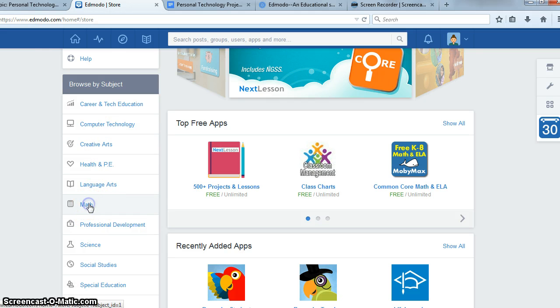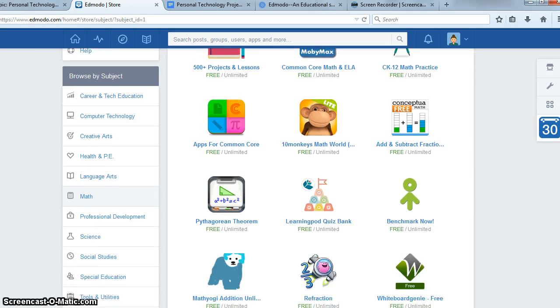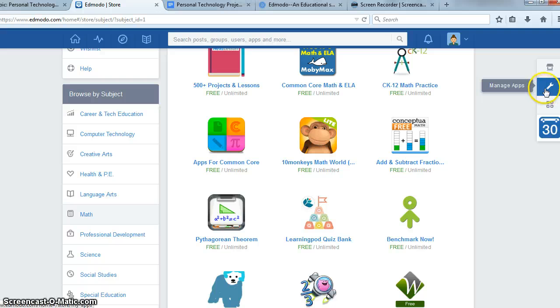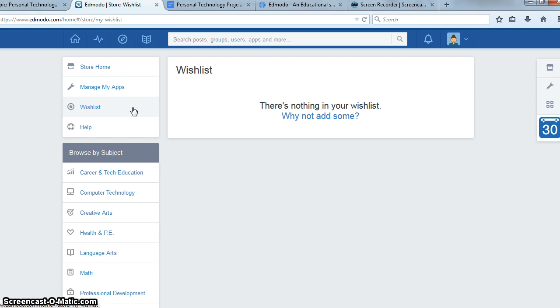So you can browse through there and find different ways that you could incorporate computer technology or creative arts, language arts, math. Say I wanted to look into math. Then I could go through here and download this game or any other game that I thought might be helpful for my class, and then that would just be stored in where my apps go. So here's the manage my apps icon, and I can look through here and see all the apps that I have, what I want to keep, and then I can also add to a wish list for future apps that I wanted. And then one other thing that you can do